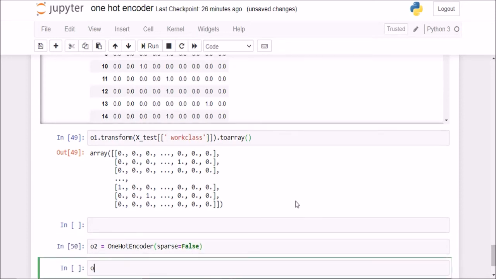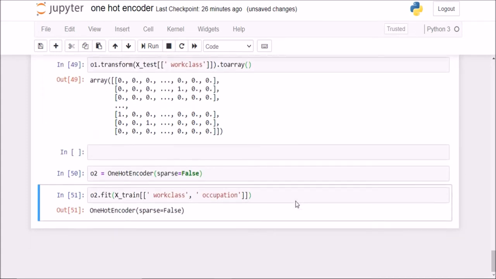Then on this o2 object I'll fit two columns. So I'll call X_train of workclass and occupation. Now I've fit those columns onto this object.